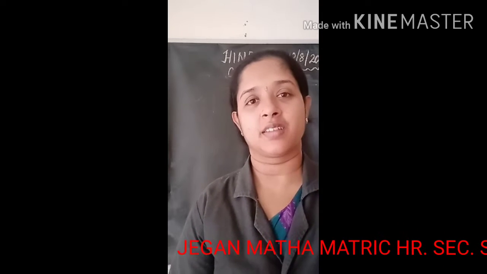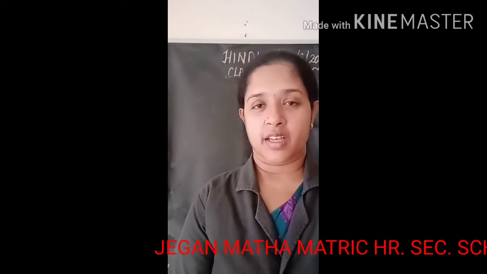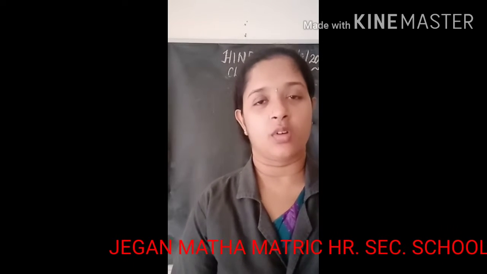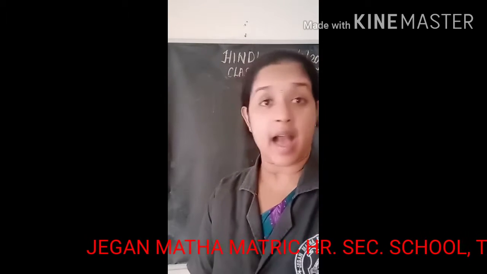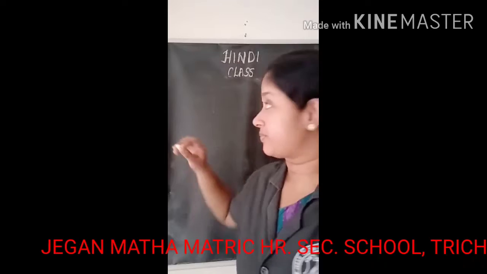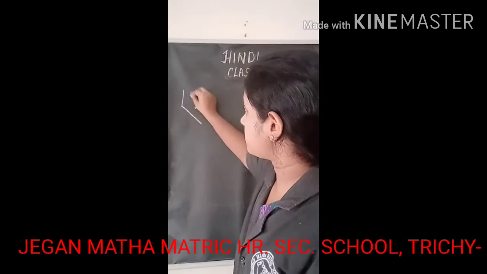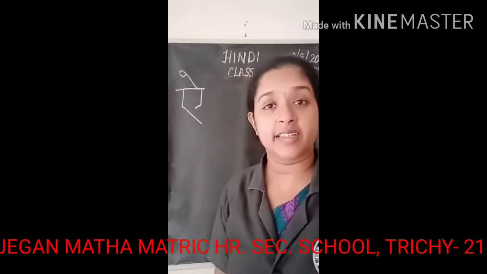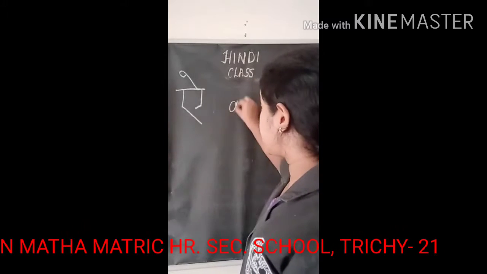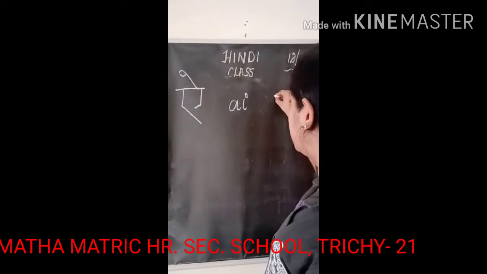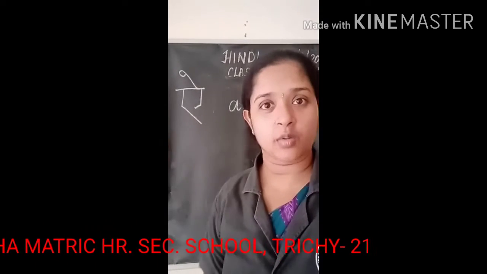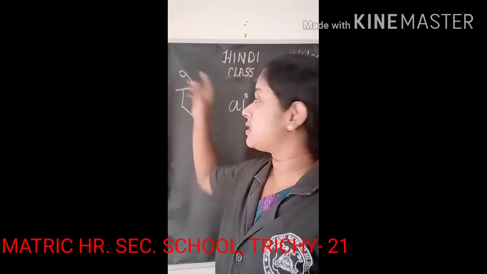So in today's class, we will learn our next two swar, that is I and O. Let's see the first swar I, how to write and pronounce it. This is the way you have to write the swar I. We denote I in English as AI, and the Tamil letter I. It is similar to A, but with one small difference, that is this symbol.